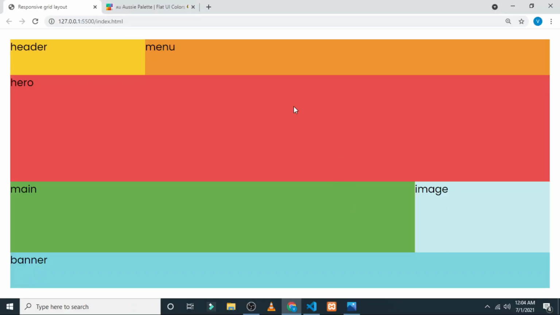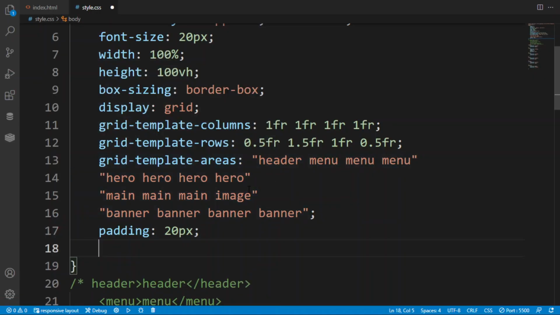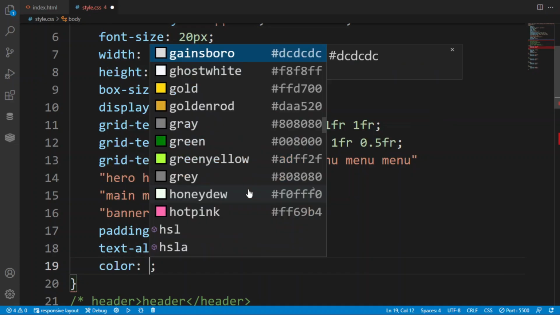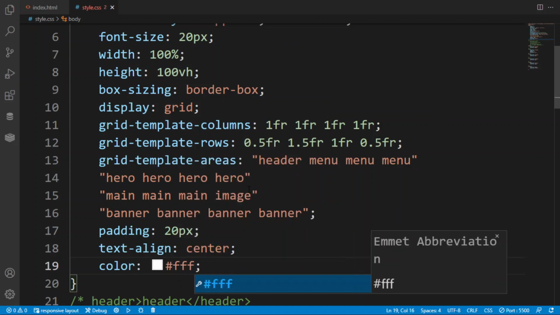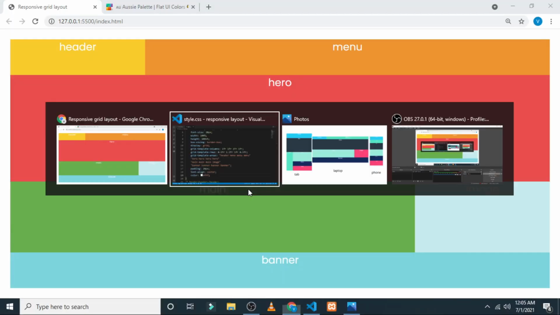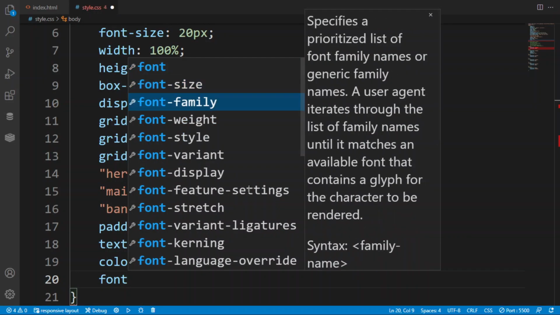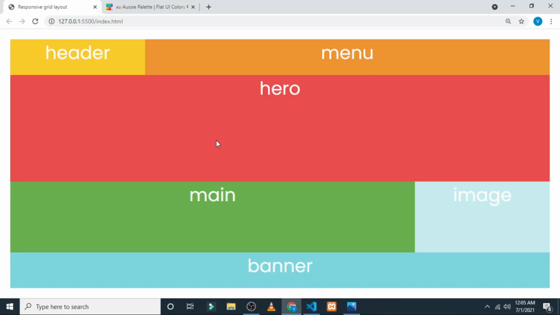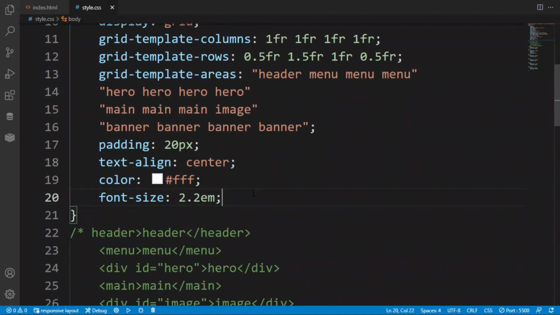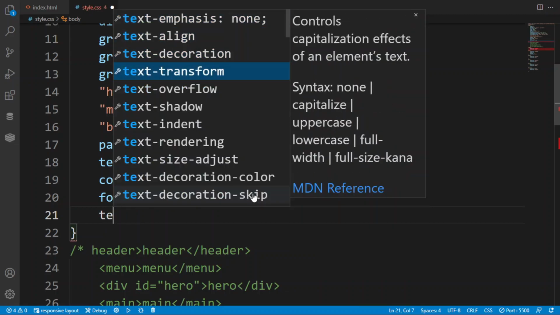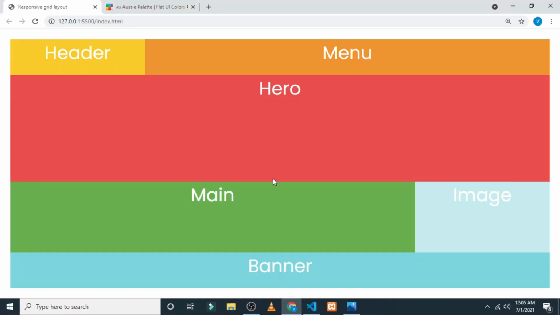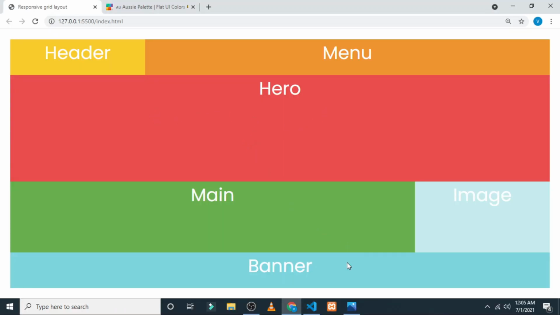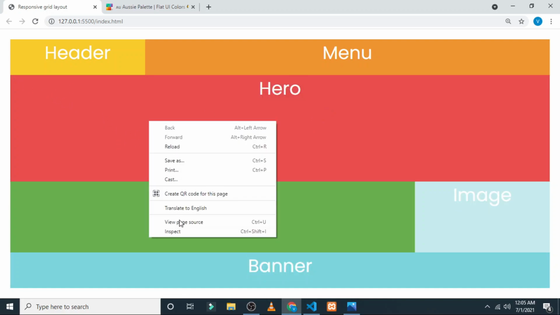Now I am going to create some styling so that it will look more attractive than the usual. So I have given padding 20 pixels on all sides, text align is center, and here I have given the color as grain or white. You can select any smoky color according to your desire. Here I have given the font size as 2.2 em. 1 em is equal to 16 pixels, so you can calculate, you are intelligent enough to calculate this thing. Here I have given the text align center. So text transform is capitalize, sorry, from my side.